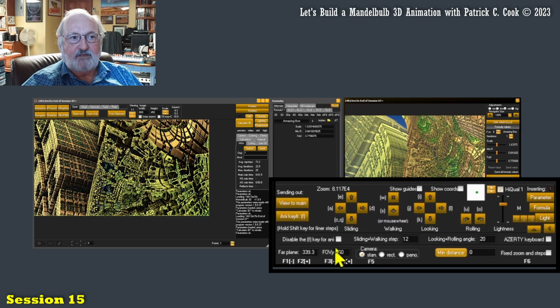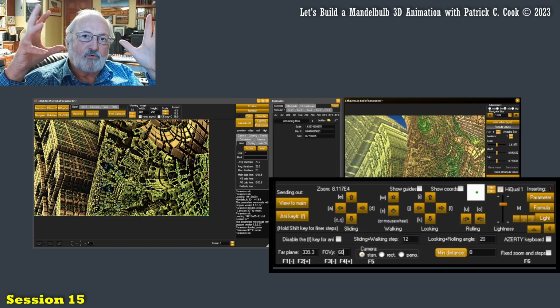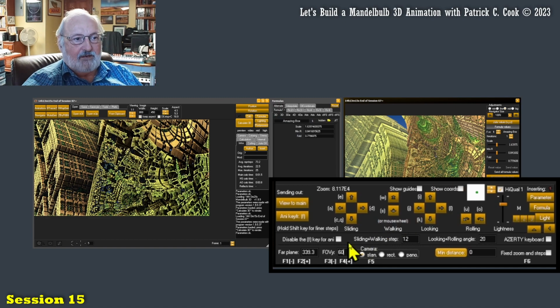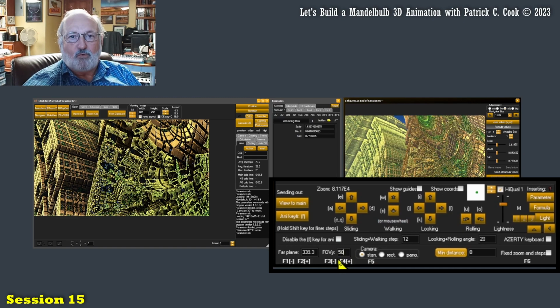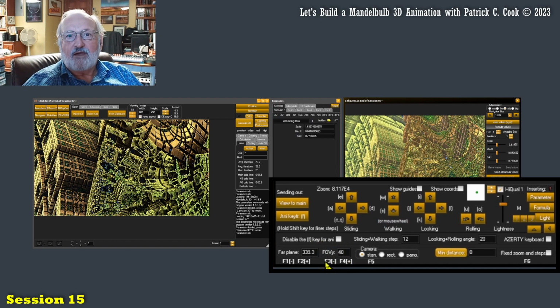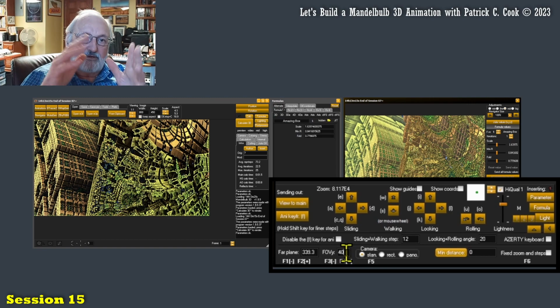Let's go back to 60. All right, we get some patterns. We get more in view. Let's go to 90. All right, now I'm getting a lot of stuff in there, but now I'm starting to lose the detail. So if you want a natural vantage point of view, 50, 60, let's see what 40 does. 40 is not bad. It really depends upon what you're trying to accomplish, but the field of view setting will